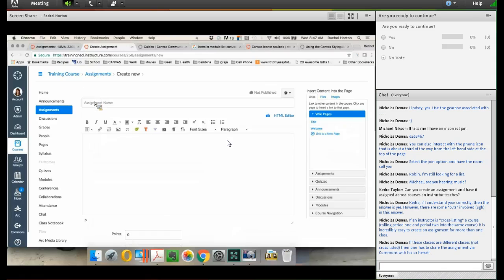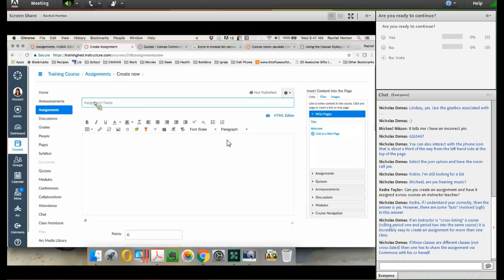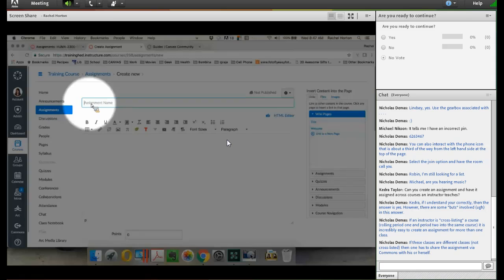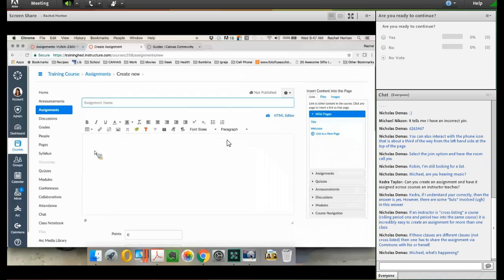And so we've got our assignment name. Be as descriptive as possible, especially when you're designing for mobile. You want to make things helpful for the students and as clear as possible. Students need all the help they can get, you know? So we've got our assignment name, and then we've got a rich text editor here. A rich text editor, I think of it as like a mini Microsoft Word. And it is nice